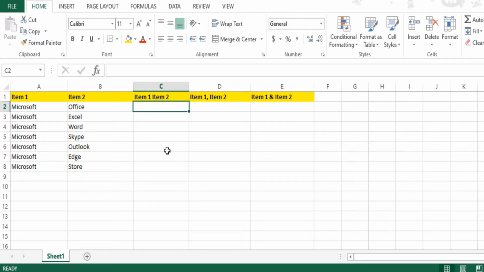Okay, so the first thing I'm going to type here in cell C2 is equals, because all the formulas in Excel start with equals. So this is the first thing you always need to type whenever you are trying to apply a formula. After that, I'm going to select my first value that I need to merge. Since I am willing to merge Microsoft Office here in C2, I'm going to click A2 first. So you need to click your first value first. And then once you're done clicking on the value,